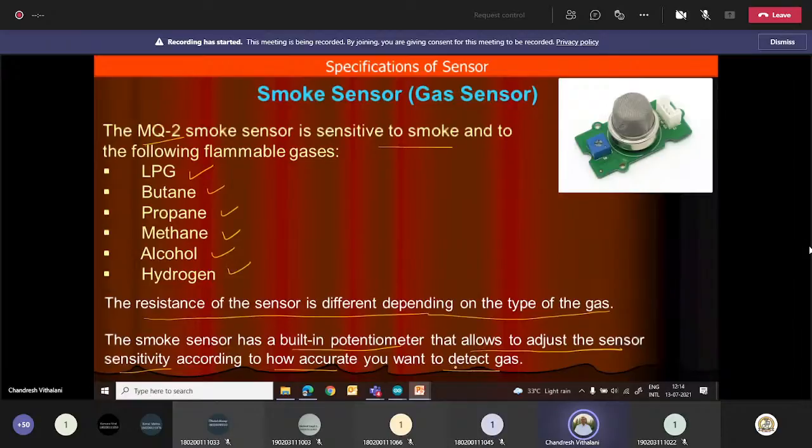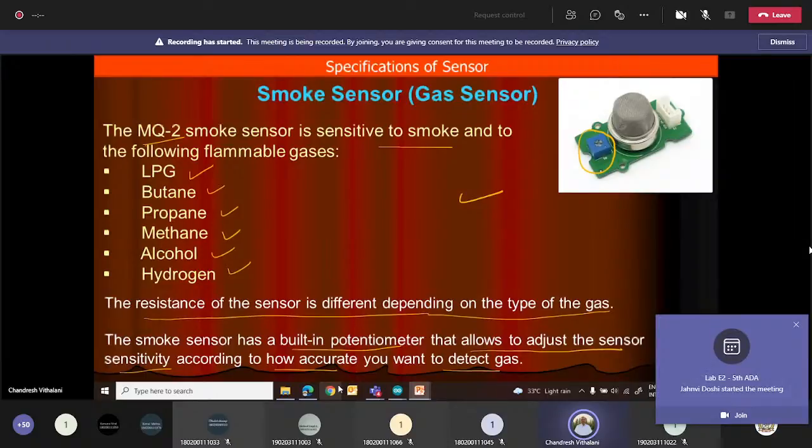So basically in a kitchen, you should keep less sensitivity. Otherwise, whenever you are preparing some food item, it will sense it and say, okay, there is a fire. So you can adjust the sensitivity with the help of such a potentiometer. Most such sensor modules have a potentiometer preset, which you can adjust with the help of a screwdriver to adjust the sensitivity depending on the required application. In an office, we keep more sensitivity because in an office, the possibility of smoke is very low.